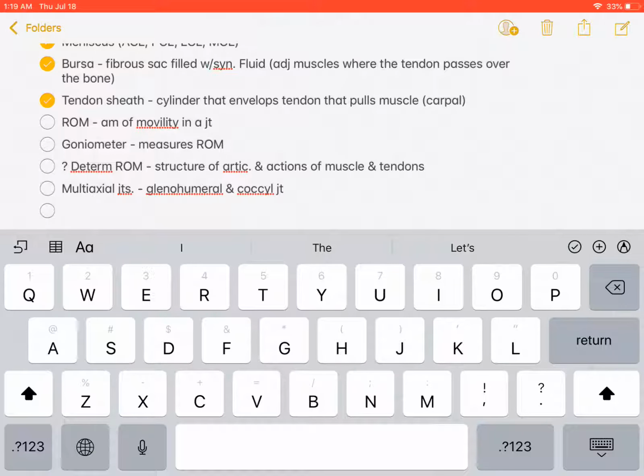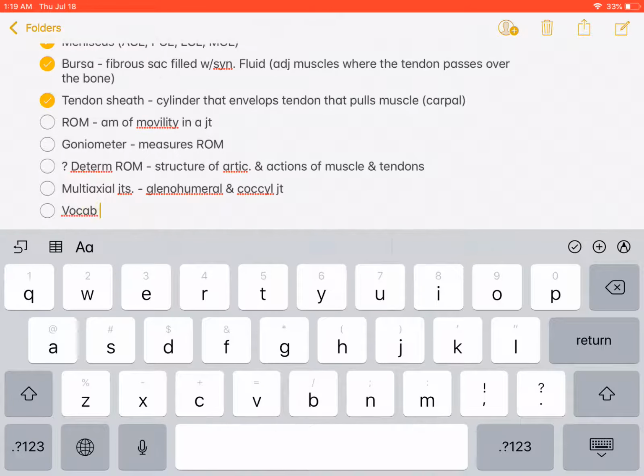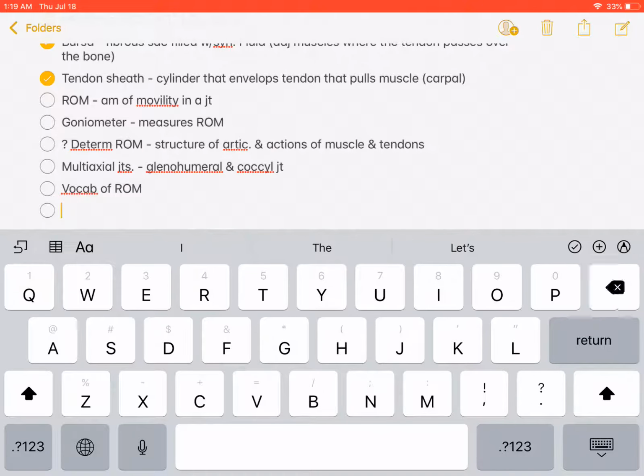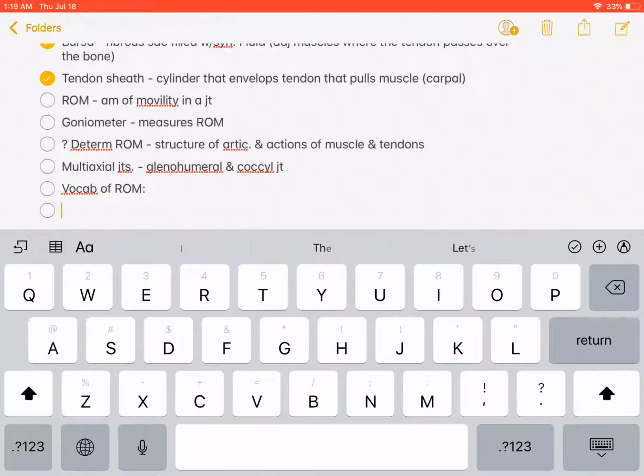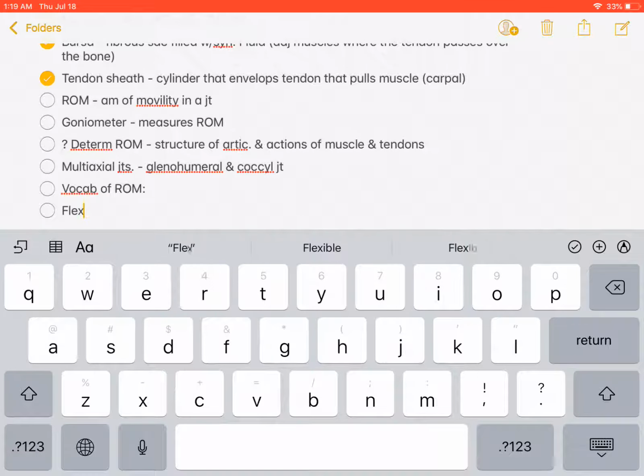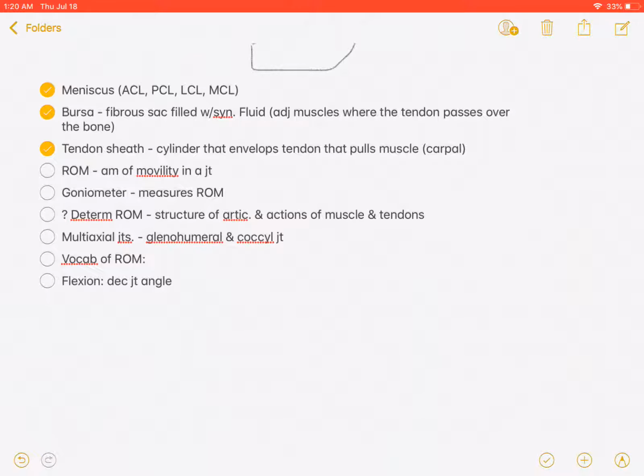You also should be wary of the vocabulary of movements. So the vocab of range of motion or movement. You should know what flexion is. So, flexion. With flexion, you decrease the joint angle. Okay? Decrease joint angle. To see this,